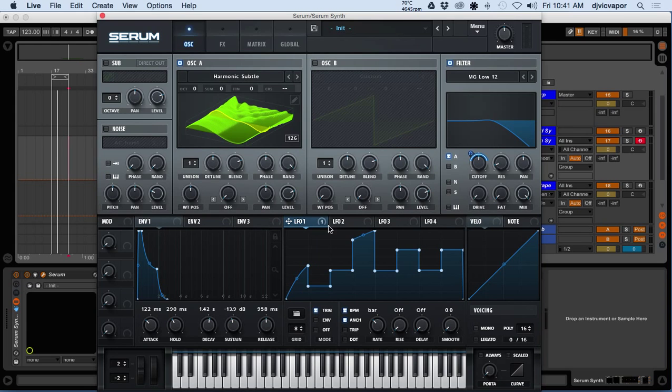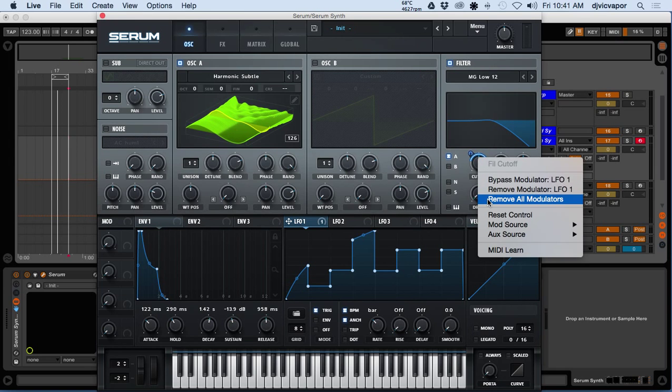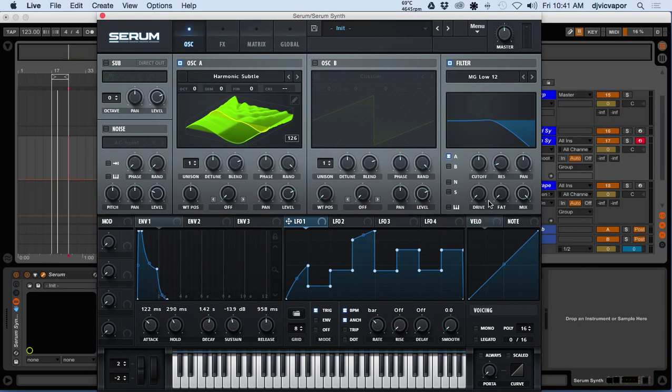So that is LFOs within Serum, and we have 4 of those to choose from. They're all multi-assignable to anything you need to control or want to manipulate. Again, right click, remove all modulators, and you can see when you right click it shows you what you do have set up to that, like what LFO is assigned to it and what's being modulated. So let's remove, and we'll move on to the next lesson. Take a look at some effects, chorus, hyperdimension and stuff like that over in the effects section. I'll see